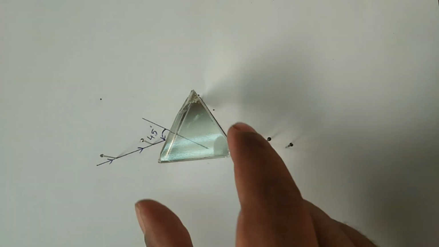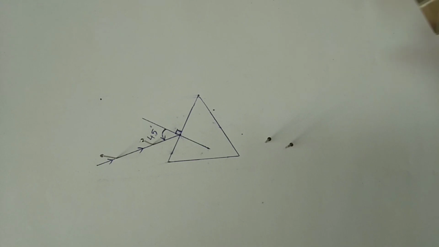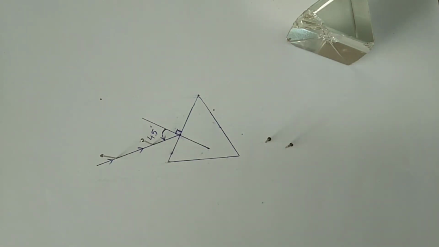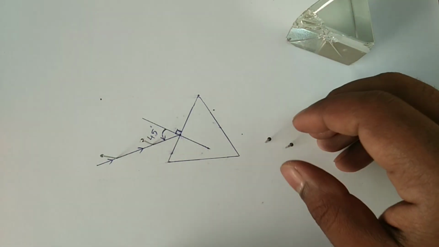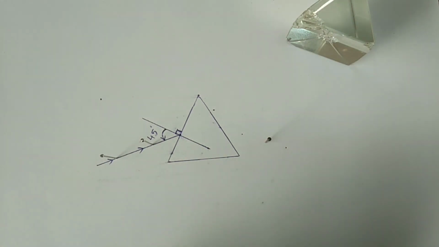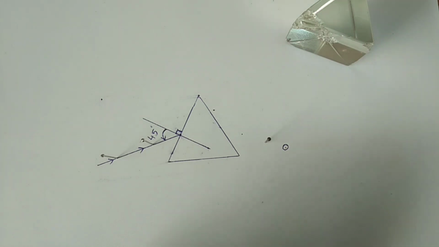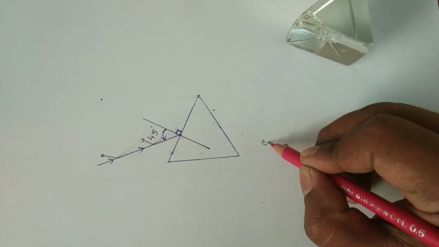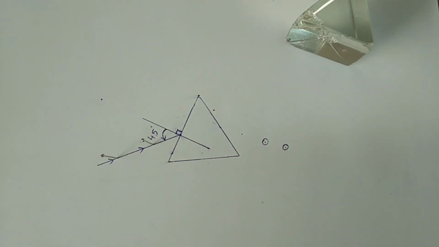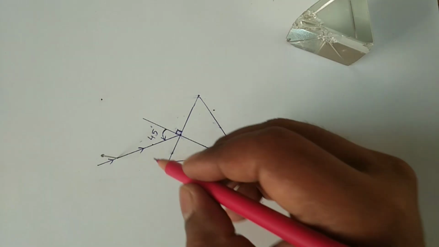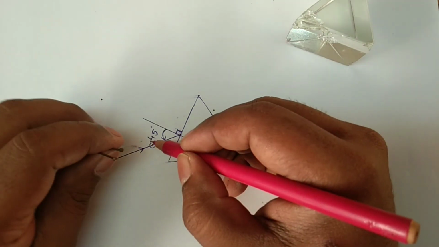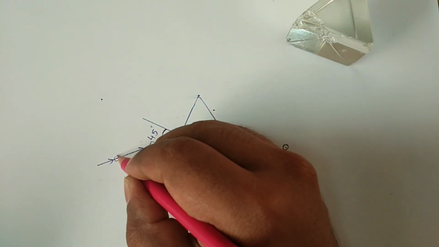So here now students, we can remove this. I'll keep it away. Now what I'll do students, I'll remove these pins one by one. When I remove this, here I'll draw a circle and circle this point. I'll remove another pin. Here, another circle. I'll remove this circle. All the four pins are removed.